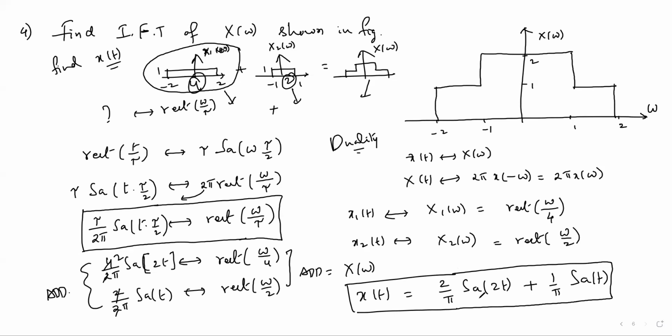If you apply the direct inverse Fourier transform formula, then also you will get the same. First you will get the integration of the exponential, you can convert it into sinusoidal, and the sinusoidal you can convert into the sampling function. So finally you will get the same expression. Remember, in x of omega analysis, you will always get sampling functions. In x of f analysis, you should always get sinc functions. Even by mistake, in f analysis you don't get the sampling function, and in omega analysis you don't get the sinc function. Try to remember this.